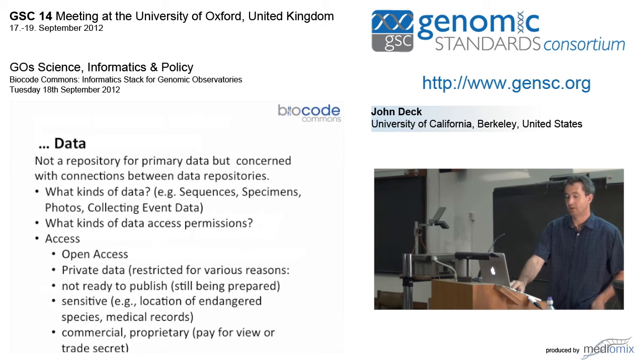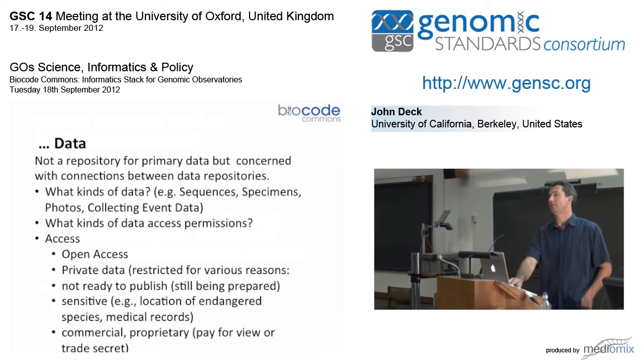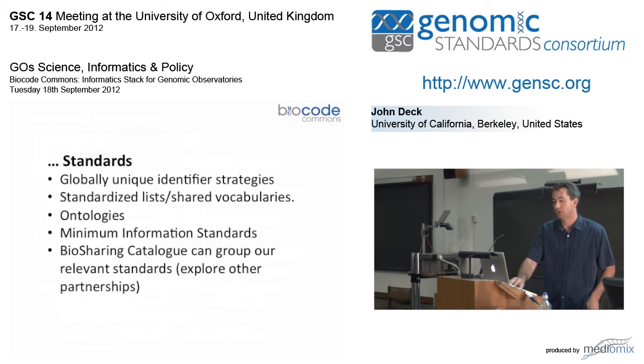So what kinds of data access permissions? Are these all open access, private access? Do we need to enumerate the types? How do we enumerate them? Who can we work with in terms of helping to solve, even just clarifying, the different types of access permissions that could be possible? In terms of standards, what are some strategies for global unique identifiers? What kinds of standardized lists are important in this domain, and what ontologies are we using, the minimum information standards that are out there,